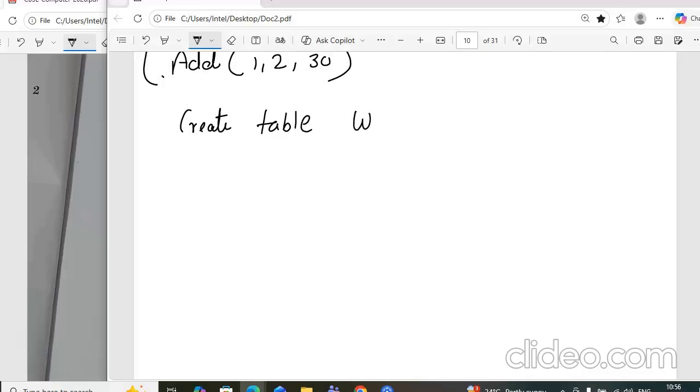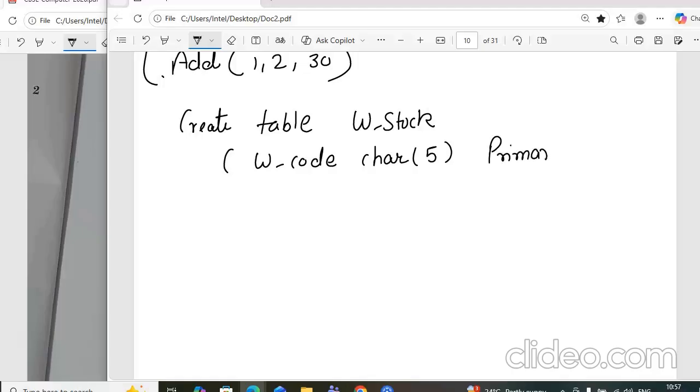The table name is W_stock. Then I'm writing the bracket. The first field name is W_code, the type is character and the size is 5. They are asking you to consider this as primary key, so give a space there and write primary key. Put a comma, then W_description.